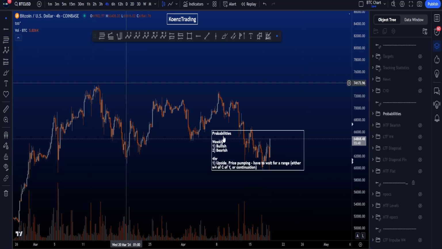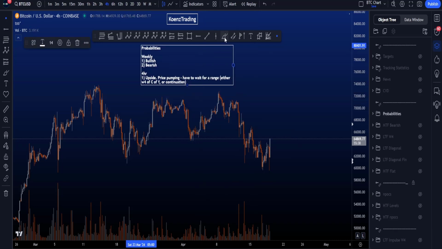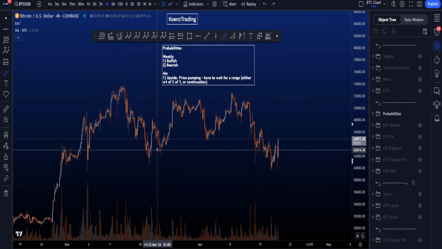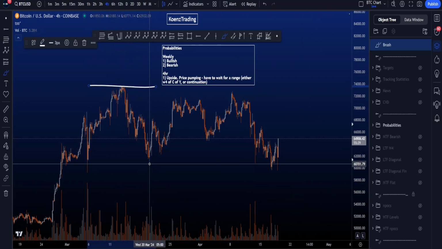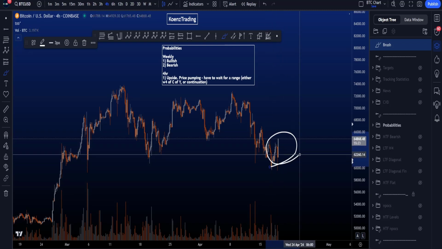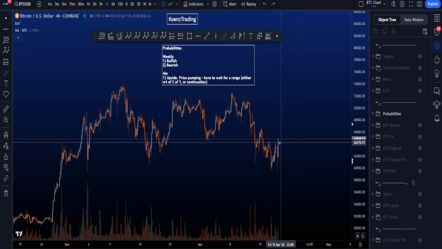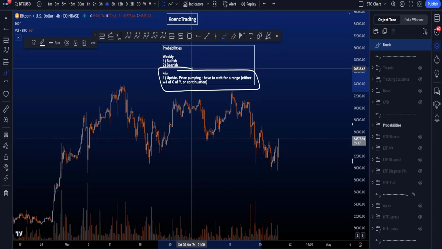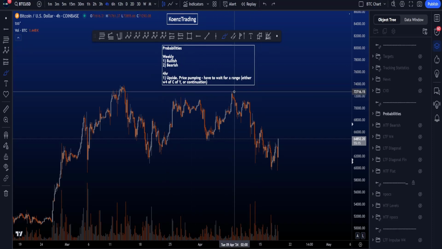So if we then talk about the probabilities of the different scenarios, then on the higher time frame, on the weekly and the daily time frame, we are looking at this range as a corrective structure, increasing the probabilities. We're going to be looking for these highs at 74k sooner or later. And locally, on the 4-hour time frame now, or the 15-minute actually, the probabilities are higher to move towards the upside. Price is pumping, so what we always have to do from an Elliott Wave point of view is simply